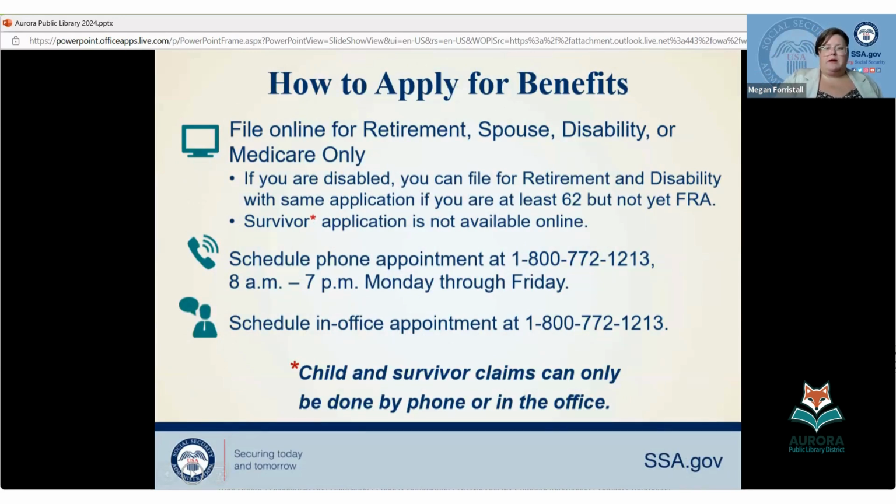If you are not able to file online, or you're needing to file for survivors, which is not available online, you can call and schedule a phone appointment. The majority of our appointments are being done over the phone still. What that allows us to do is move workloads around. So right now, my office, it's tiny, but we used to take claims for 2 to 3 other offices as needed. We had a person retire and 2 people go on to details in other spots. So now occasionally we're giving our appointments to other offices.